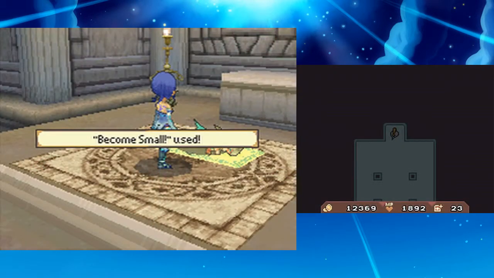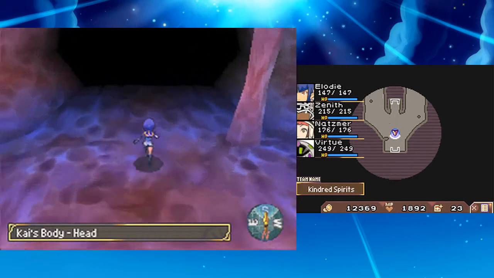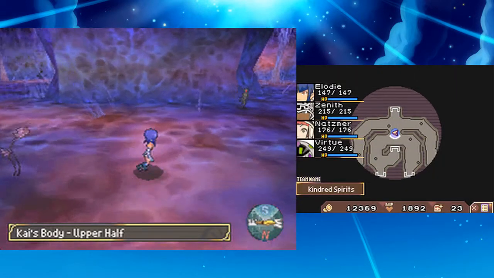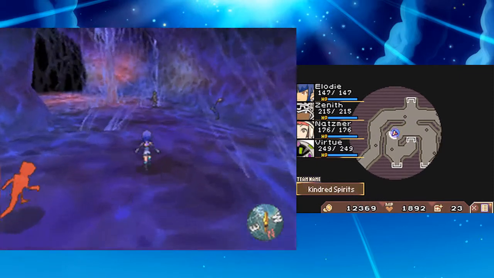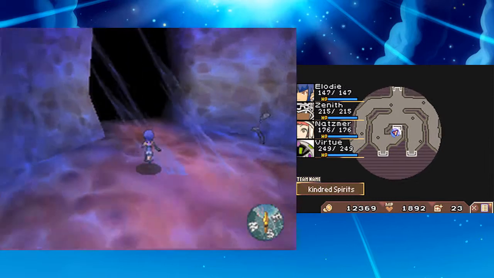And here we go, back into Kai's body, using the Become Small. I did backtrack to Outset Town, where I rested at the inn, and additionally I purchased 2 potions. So, if we get into this predicament of not having cures once again, I will have a little bit more healing to back myself up. And we've already been in that leg, so let's...